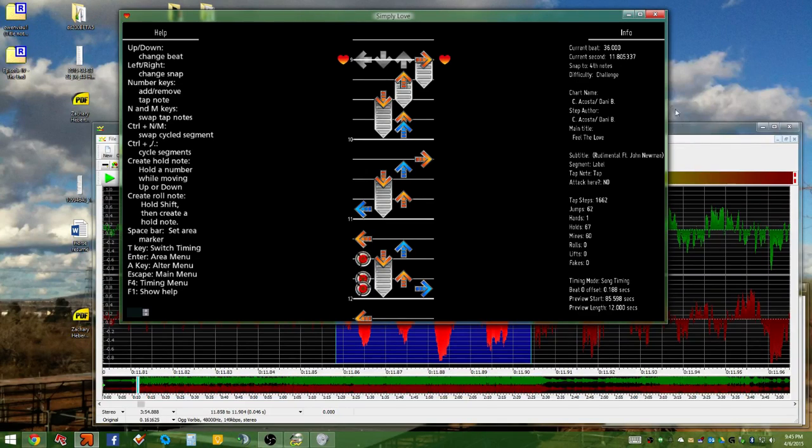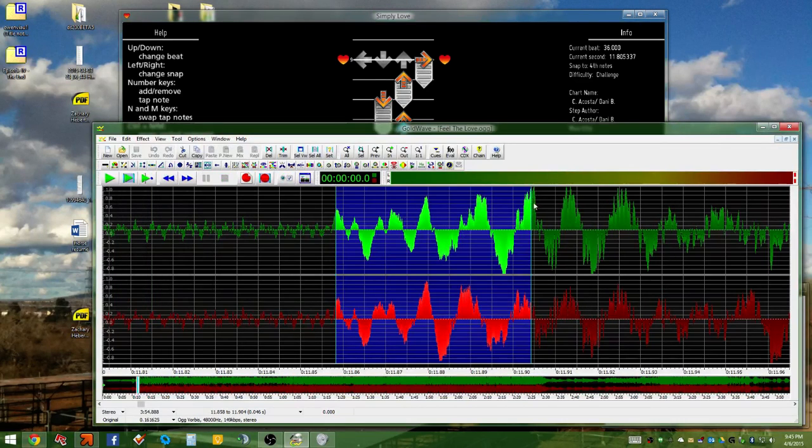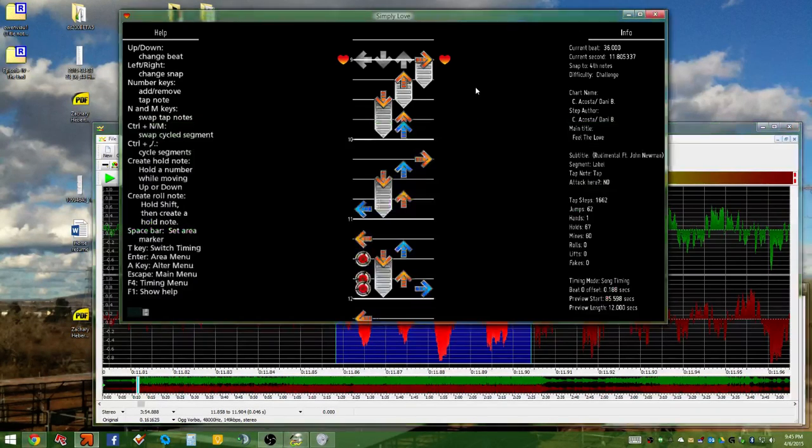Maybe this is because you personally synced to the peak of the waveform, which is fine. I'm going to go with the beginning of the spike in the waveform, which is 46 milliseconds out. So let's do that. 11.858. Now this is Stepmania 5, so there's extra precision that